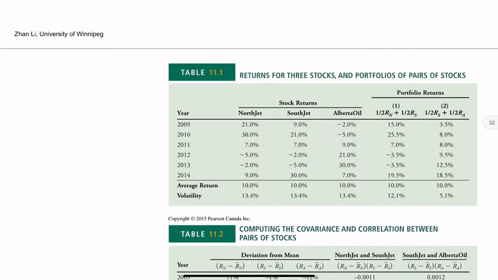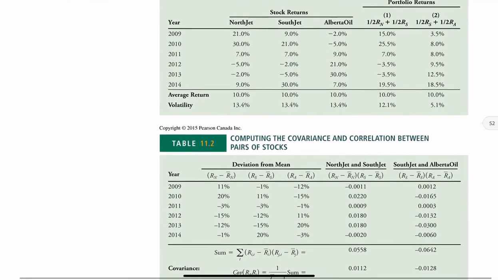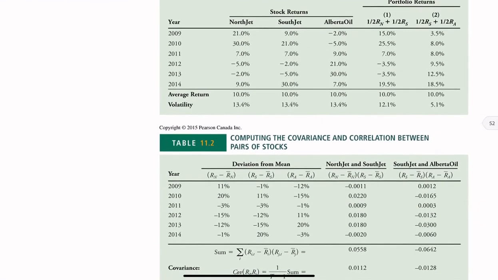Okay, first you can see that you have the answers in table 11.2. This is the answer. So let's see how we could do the calculation here. First, you can see that we want to calculate